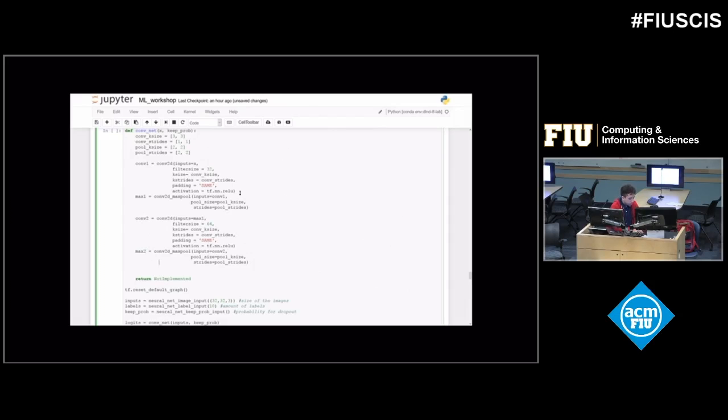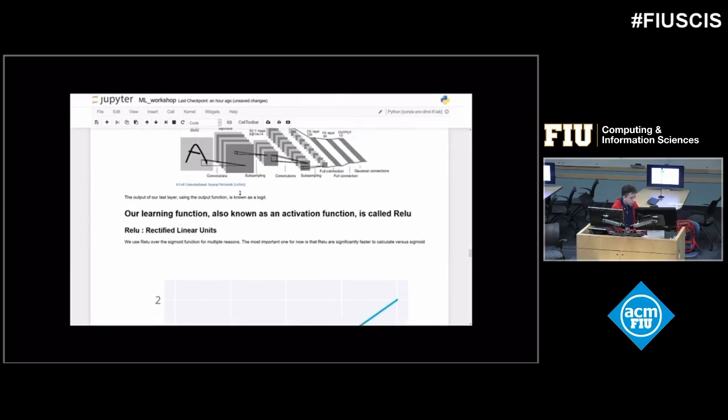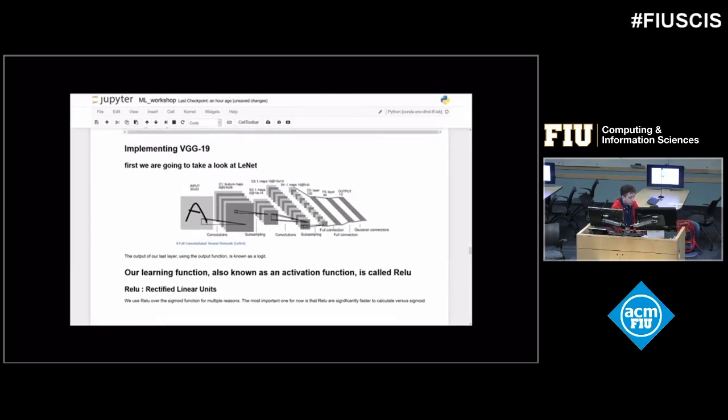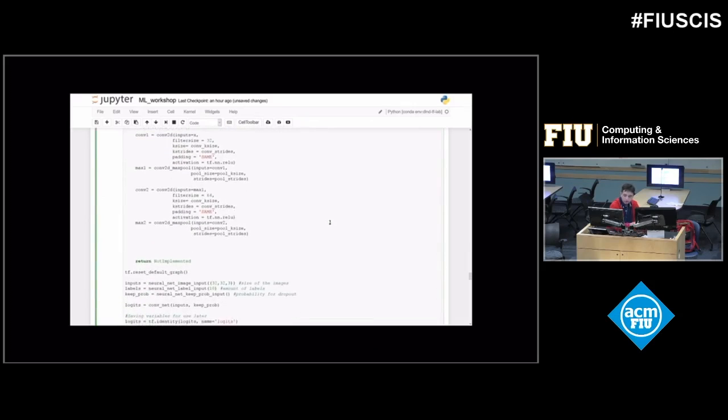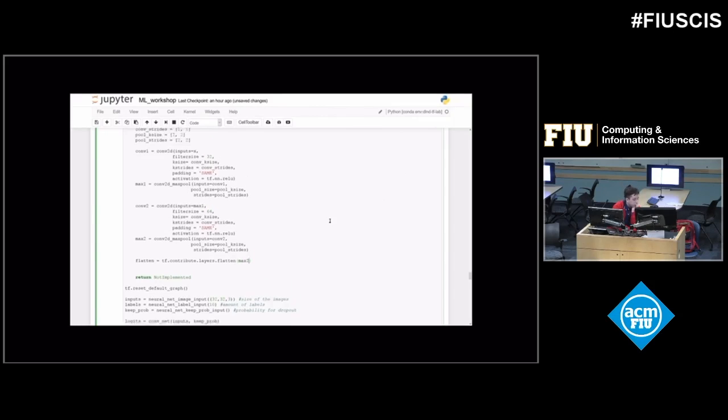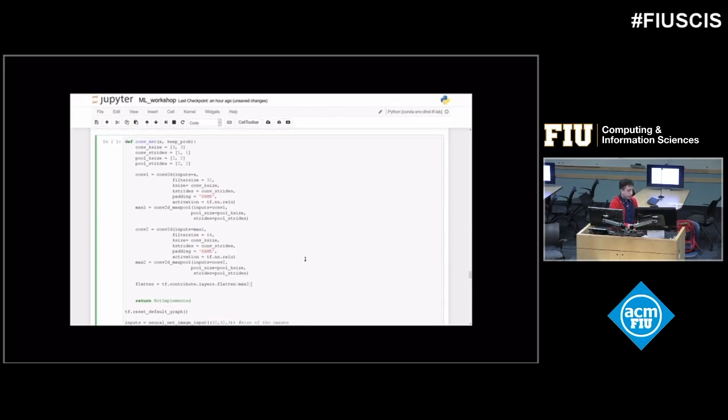And so just to run this really quickly, I'm going to be copying this model exactly. This one says that there are 2 convolutions followed by 2 subsamplings and then connected to a fully connected layer. So we're going to have to flatten our tensor so that we can connect it to a fully connected layer.